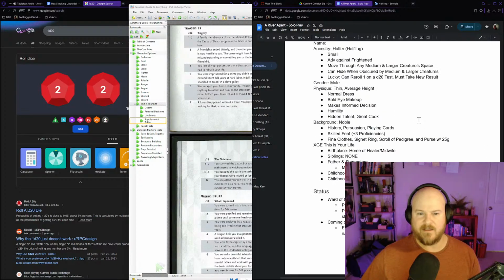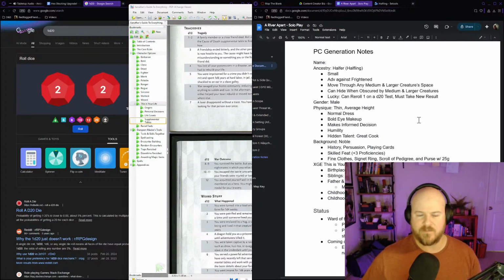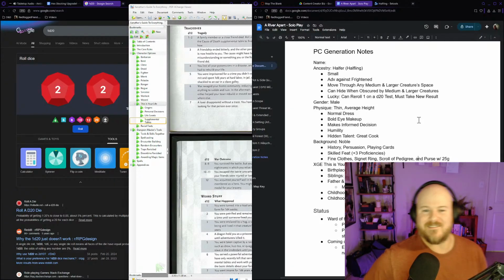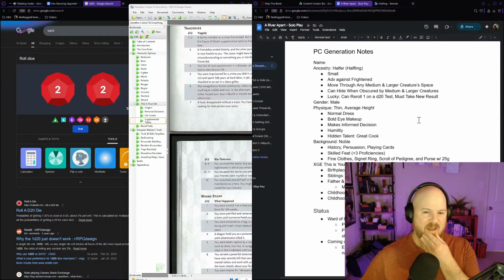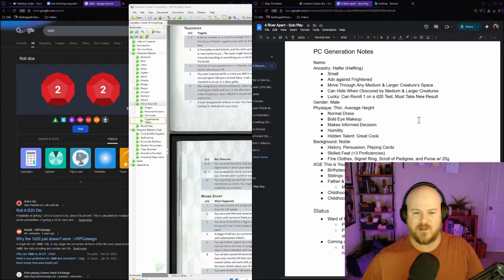Now I want to look at what we have about our characters so far. Look, we know they're brave, right? That's the halfling thing. We know they're brave. Move through other creatures' squares. We get the bold makeup, but we do have a lot of humility. Informed decisions, great cook, history and persuasion. These are the sort of things that make me think maybe not